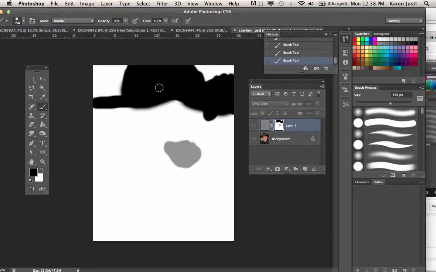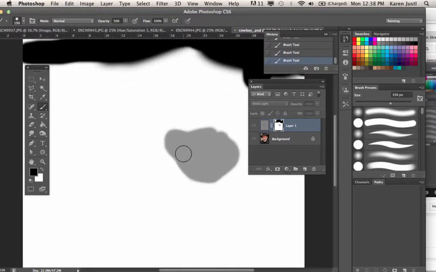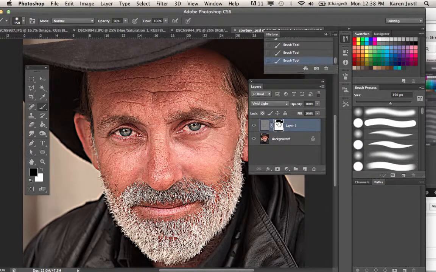So black conceals, white reveals, and the gray will conceal slightly less than 100%, 50%, 60%, 80%, 20%, etc. So this is a really great way of masking an effect on my image. So you can see one of the cheeks has less of that high pass, the other one has 100%. Okay, so that is an intro into masking, an intro into smart filters, smart objects, just a touch into that